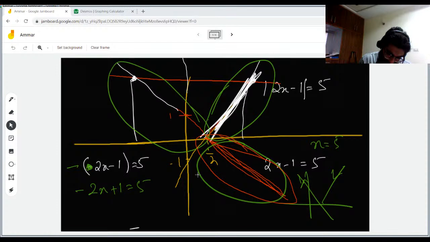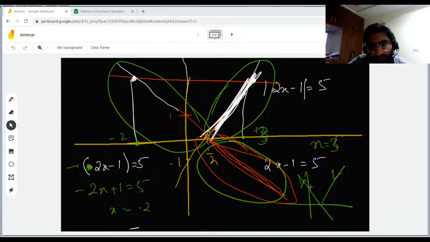So this would be minus 2 and this would be positive 3. This one was positive 3. I don't know why I wrote 5. Anyways,